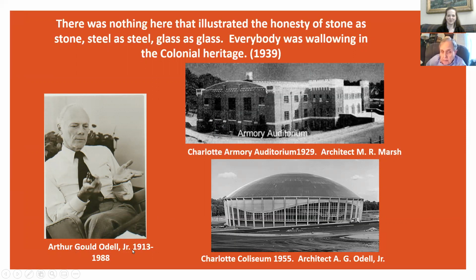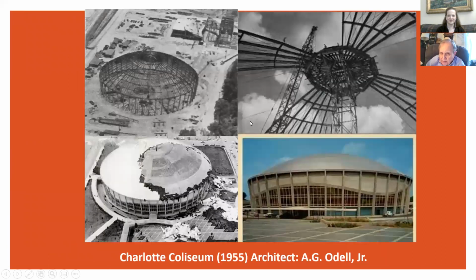I met him. I was relatively young at that time, and to say that he was dismissive of me would be an understatement. But look at these two buildings. This Armory Auditorium, which used to be right at the end of the football field at Memorial Stadium, was the biggest indoor arena in Charlotte when it was built in 1929. This was the Charlotte Armory Auditorium, and the architect was M.R. Marsh, who was a very prominent Charlotte architect. Now you can look at this building and look at these battlements up here, and look at this Coliseum